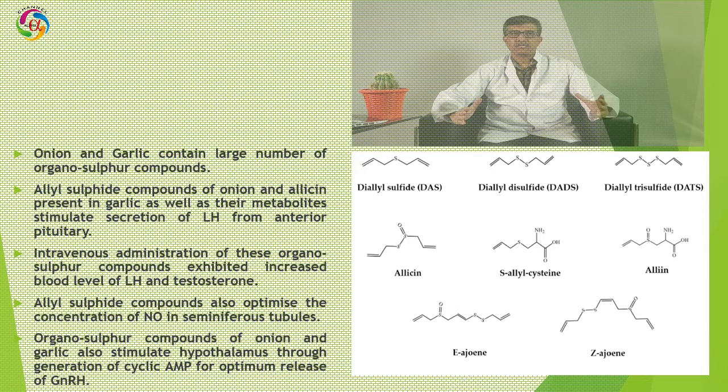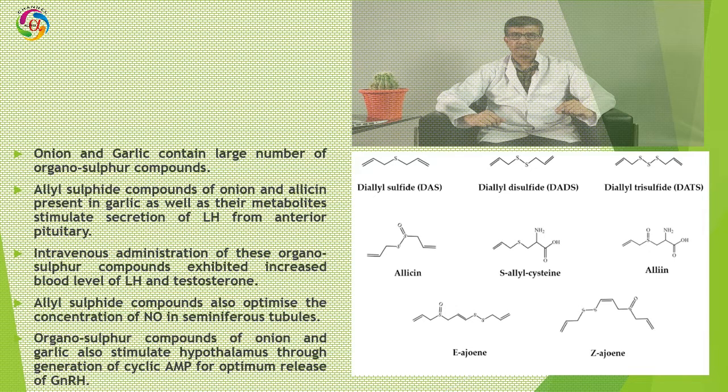When there is local vasodilation, more and more blood comes into the testicle with more and more nutrients and other components required for synthesis of testosterone. So, through an increase in the production of nitric oxide gas, allyl sulfide improves blood circulation at the testis and thereby improves